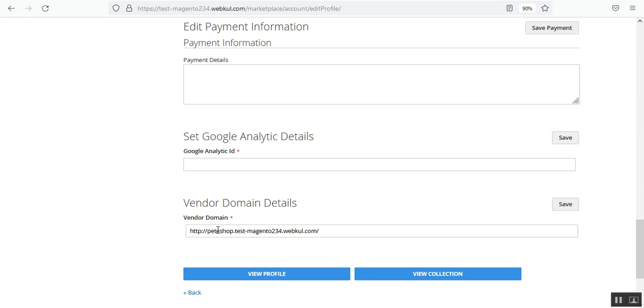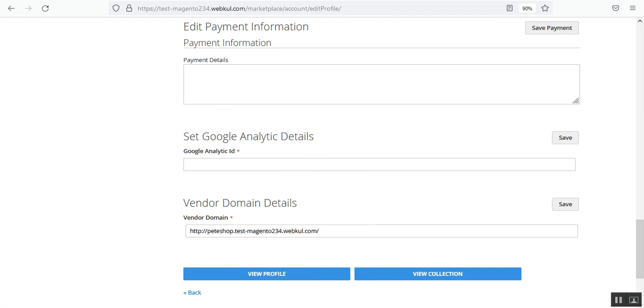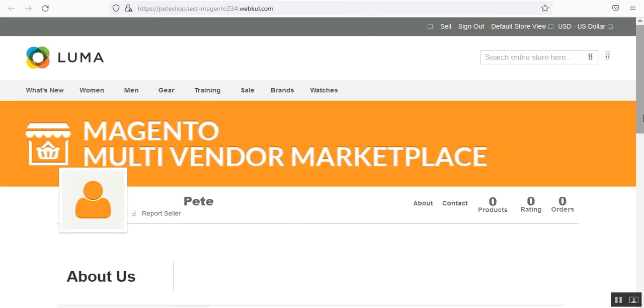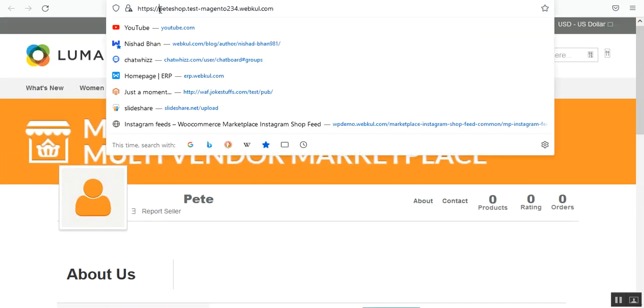So we have saved the same. Now if the vendor wants, he can view the profile by tapping here and opening it up in the new tab. So let's open it up in the new tab and let's view the marketplace seller profile page. So here I am having the seller profile page, as you can see, and here you can see that we have the vendor subdomain, that is